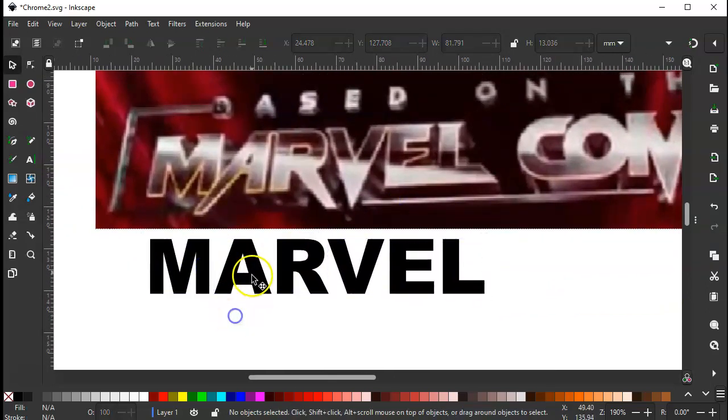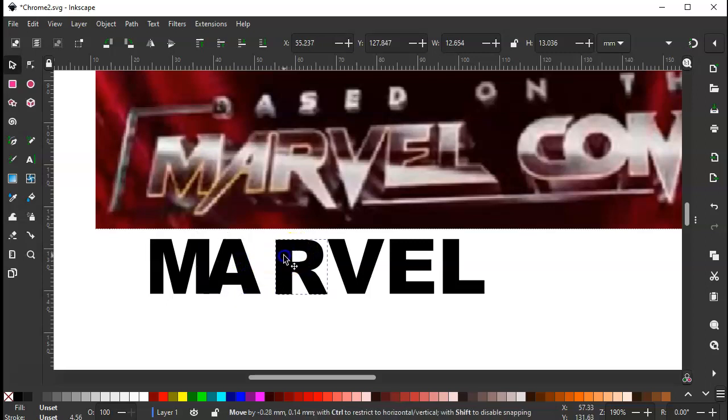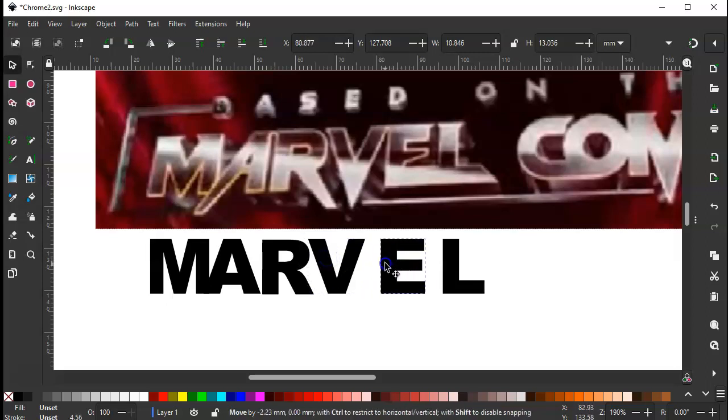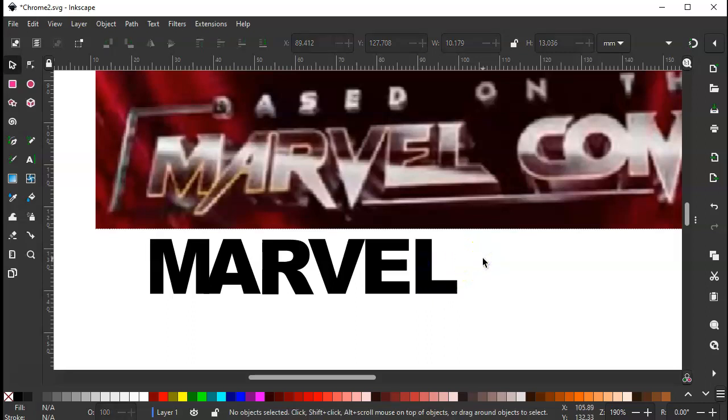And you can move these individual letters like that. It's probably overlap a little bit here. This one's here. They're a little bit tight. You can see that they're very tight. This one's actually even touching there. And the L like that. Okay, now